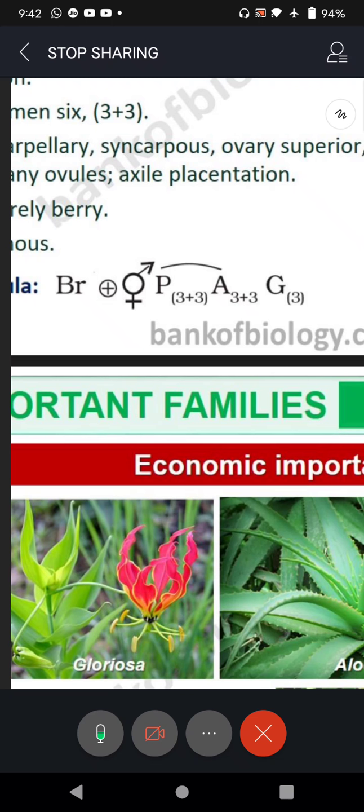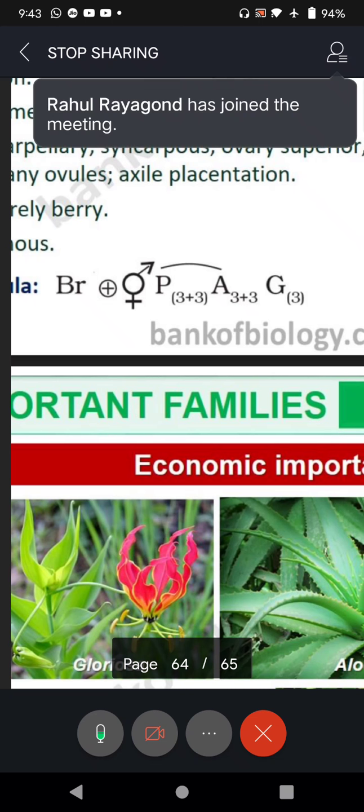Next, G means gynoecium. How many locules are there? 3, sir. 3 locules, 3 rooms are there. When you come to the lab, each one of you will do it individually. You will take the transverse section, TS, and somebody will take the vertical section, VS, and you can see with your own eyes. If you find it difficult, you can see under the microscope. And all these locules are fused, that's why we are putting it within the bracket.